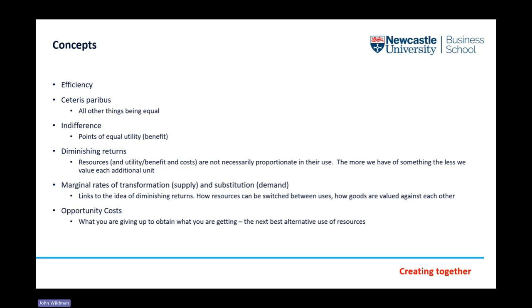So the first one's efficiency, and I'm going to come back to efficiency because that's crucial. What I would like to say about efficiency here is that a lot of the research I've done has been in the areas of health inequalities. And generally what we think is that there's an efficiency equity trade-off, that you cannot have both together. We either have a bigger pie or we have a more even pie. Bigger pies are often associated with more uneven pies. And so we've always got to bear that in mind.